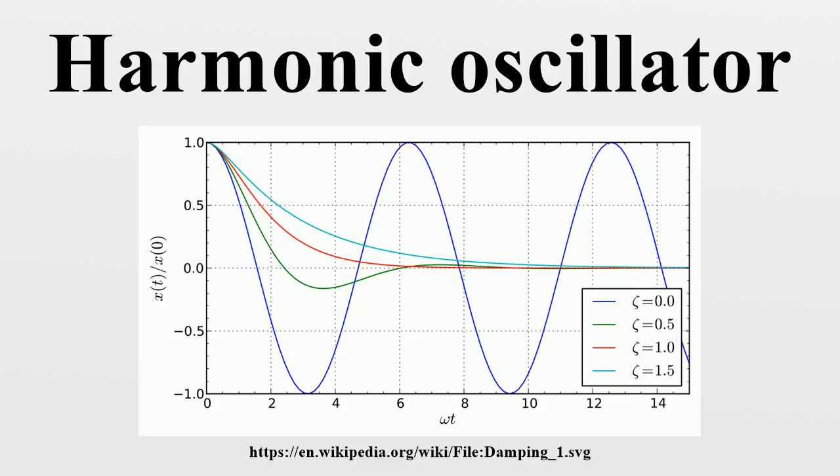If a frictional force proportional to the velocity is also present, the harmonic oscillator is described as a damped oscillator. Depending on the friction coefficient, the system can oscillate with a frequency lower than in the non-damped case and an amplitude decreasing with time, or decay to the equilibrium position without oscillations. The boundary solution between an underdamped oscillator and an overdamped oscillator occurs at a particular value of the friction coefficient